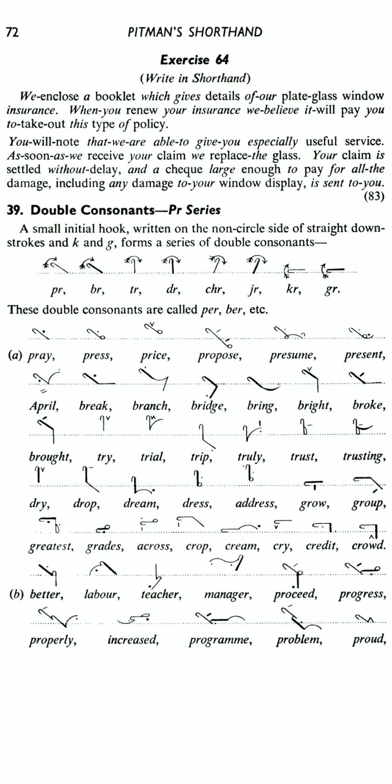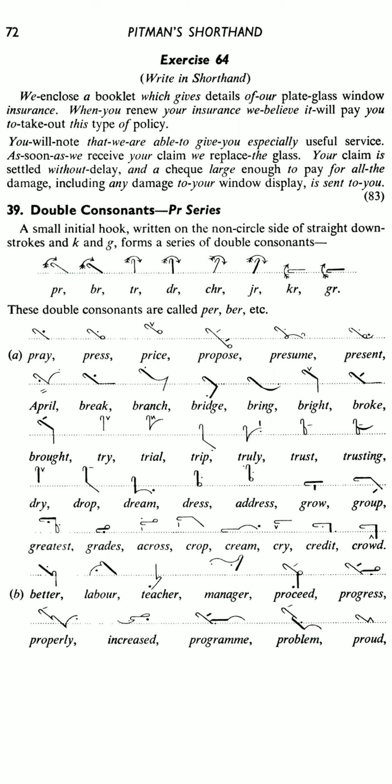Clear? पर क्या sound रहेगी? PR पर. बर, टर, डर, char, jar, kar, gar. These double consonants are called by these names. Okay. Example, pray. P with R hook on the line, pray, and heavy dot vowel on the second place of